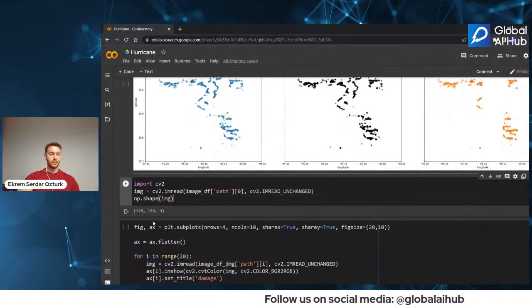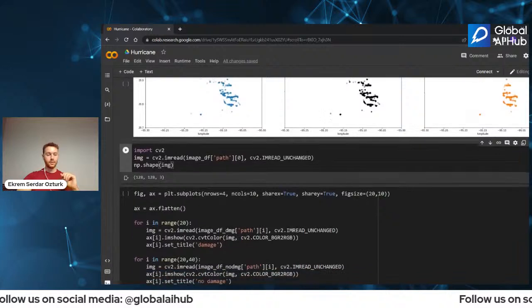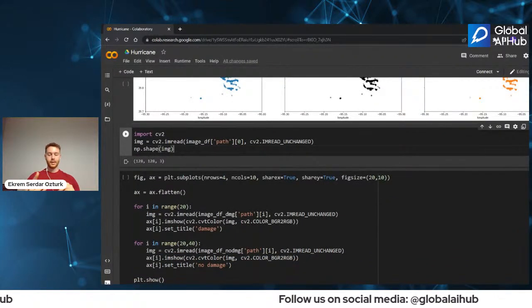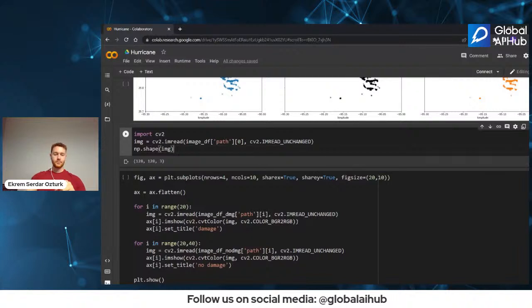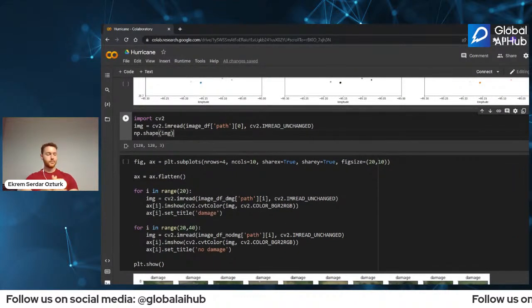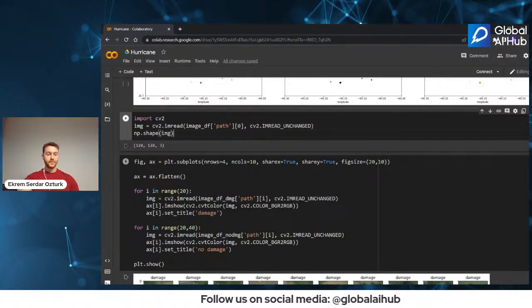The shape of our image is 128, 128, and three channels, right? Three channels. What this means is RGB, right? But the CV2 library reads the image as BGR. Think about it as the reverse, right? So we have to do something for that.